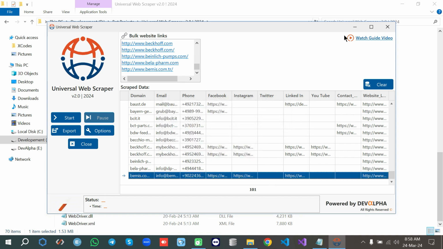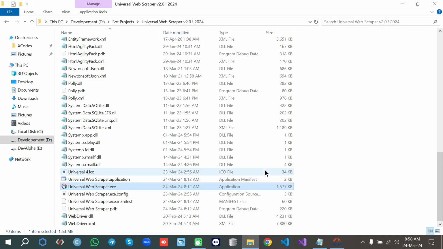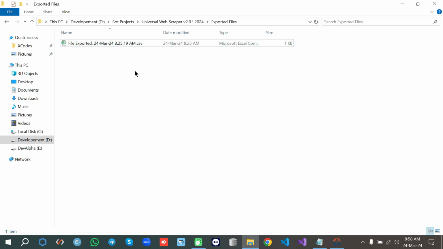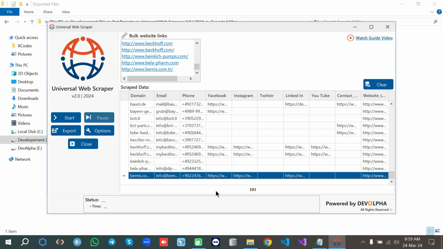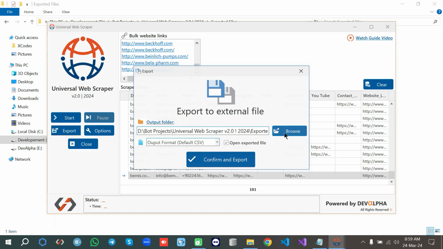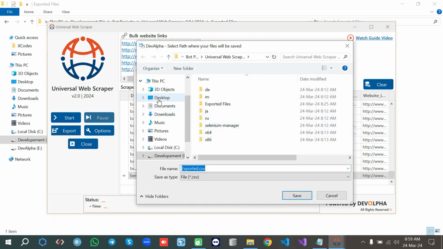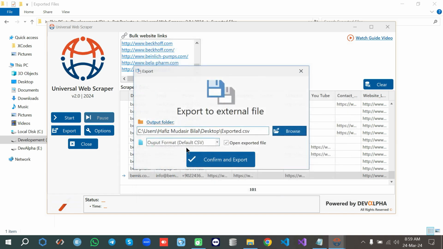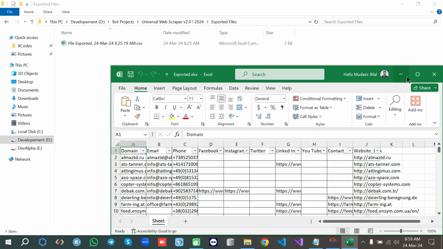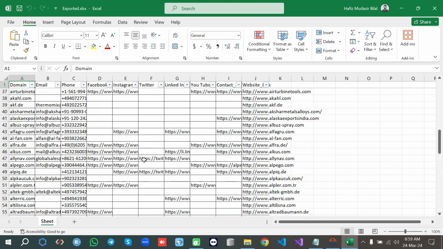Click OK button, and the files will be exported by default in this folder here. Now I'm going to show you how to export this data to an Excel file. Click export button and choose your output path. I'm choosing the desktop, and here choose your desired output format and export it. Now the file has been exported successfully. So this is our scraped data,